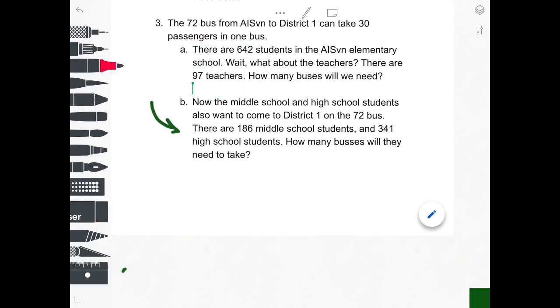Now, for step B, I think you can solve this yourself. It's very similar to step A. Your step 1 is you're going to have to figure out how many people there are, and step 2, figure out how many buses. Good luck, and let me know if you need any